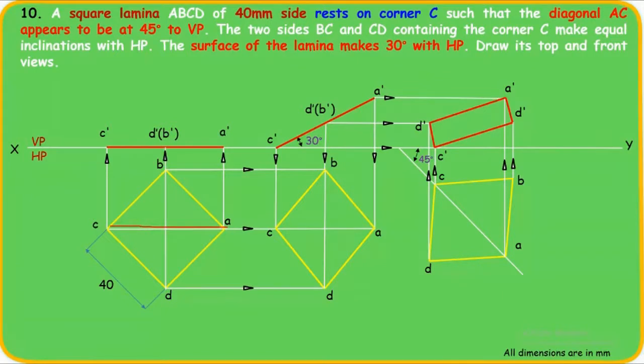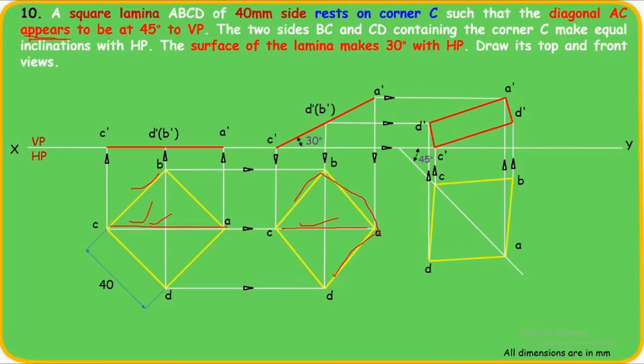There are two lengths. One is the true length of a diagonal, which is present in the first step. The second is when you rotate this by an angle of 30 degrees; here you have the apparent shape and the apparent diagonal. Whenever they give the sentence "appears to be at 45 degrees to VP", it means they have given the angle with respect to the apparent length of this diagonal. They have not given it with respect to the true length.